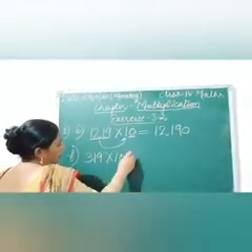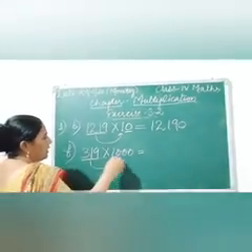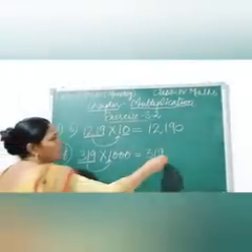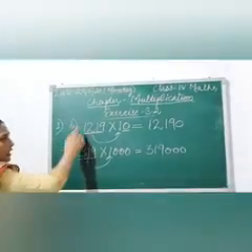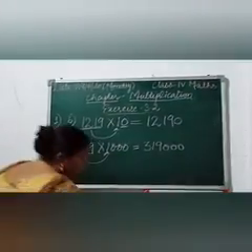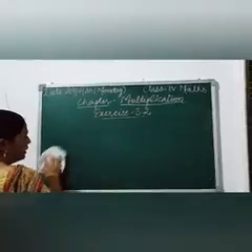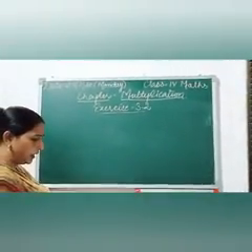Yes, now F part of this first sum, 319 multiplied by 1000. Yes, here 319 multiplied by 1, you will get 319, and here are the 3 zeros. So we'll write these 3 zeros with the product. Yes, in this way you will solve all the parts. Yes, after that, second sum. How to solve second sum? There is a diagram that is made. I am going to tell you B part.